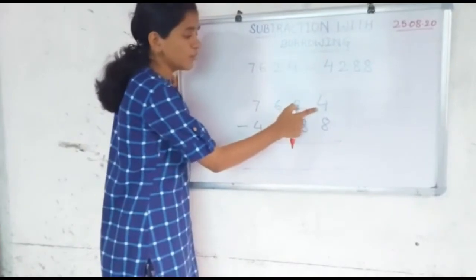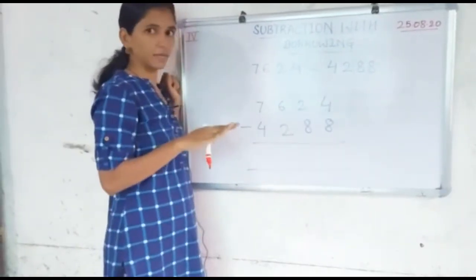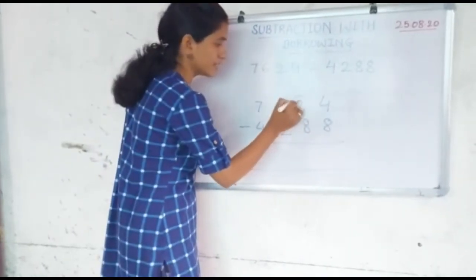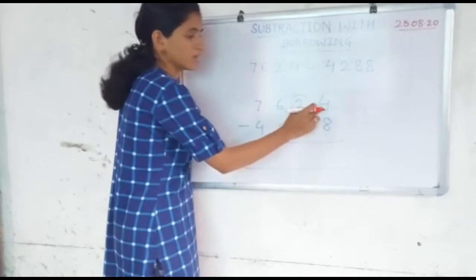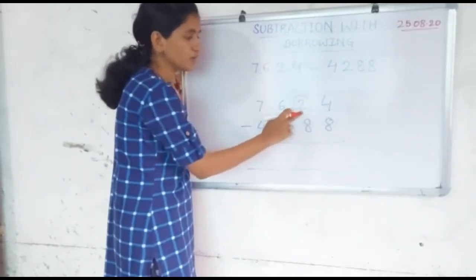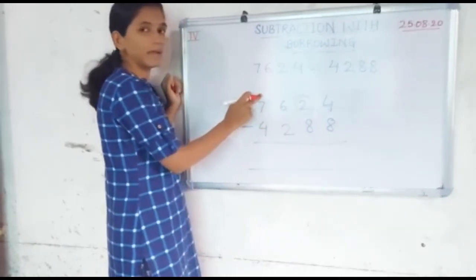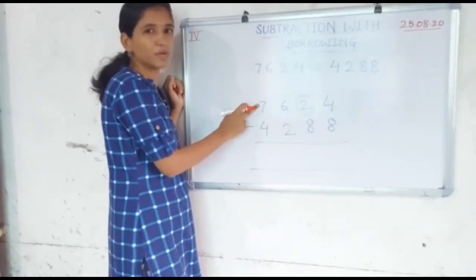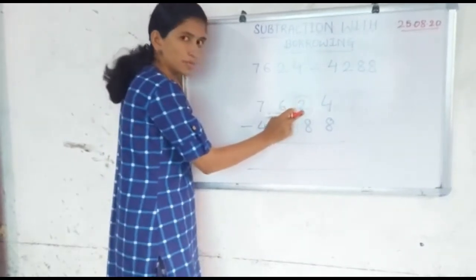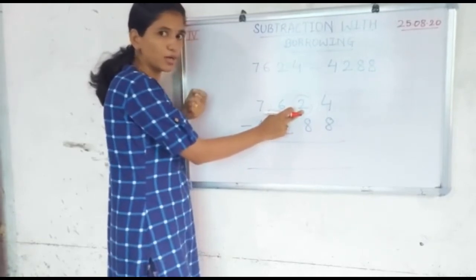Now what will 4 do? 4 will borrow one number from the other number. And which will be that number? The number which is right next to 4, the number which is very near to 4, that is 2 only. 4 will not go to 7 and ask, please give me one number. No. What will 4 do? 4 will go to 2 and he will ask, please give me one number. May I borrow one number?